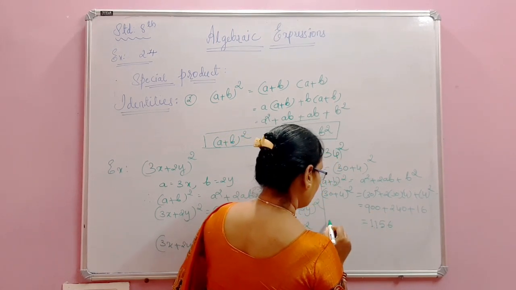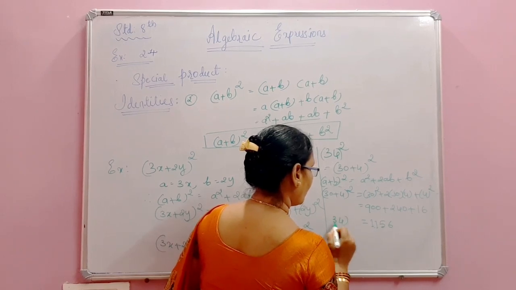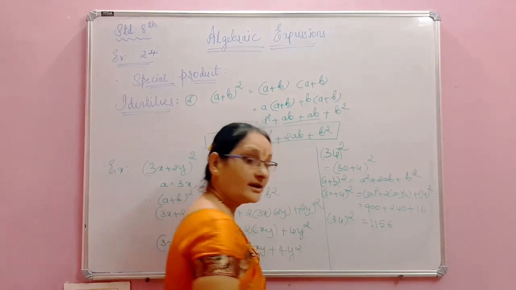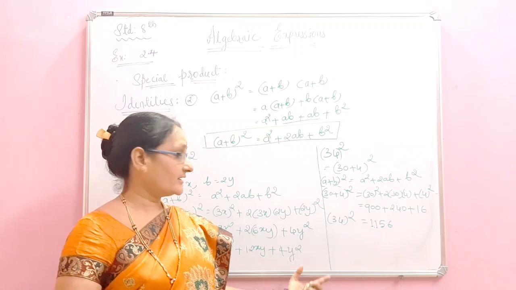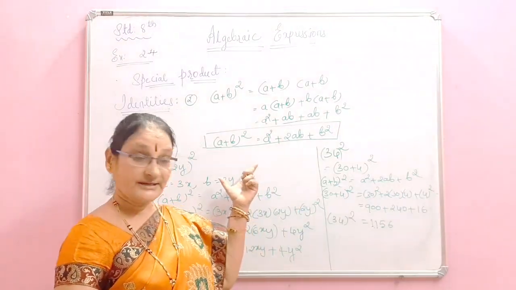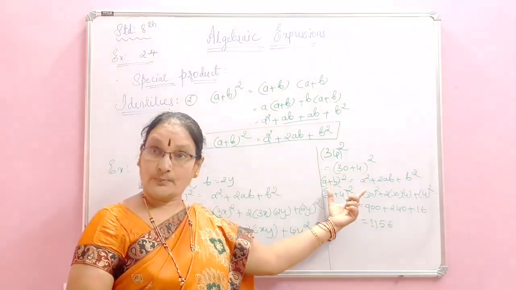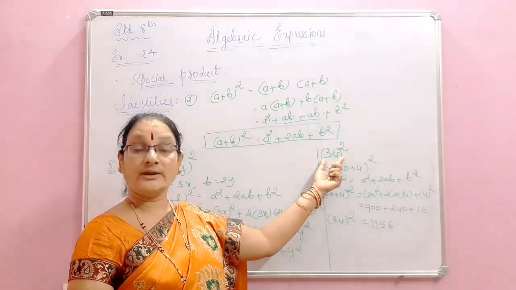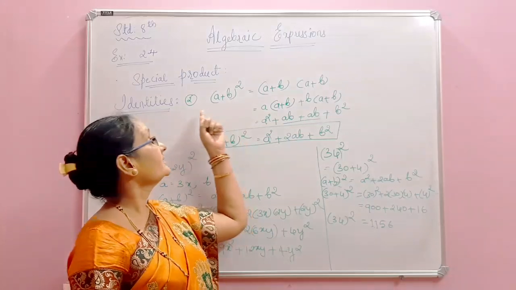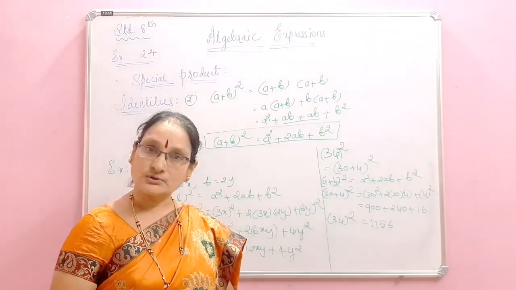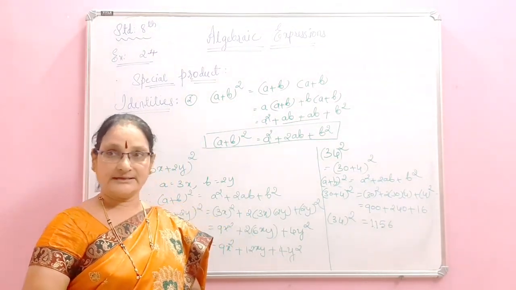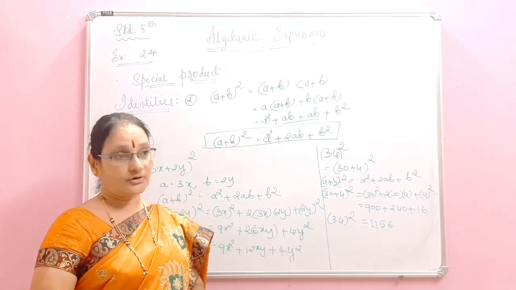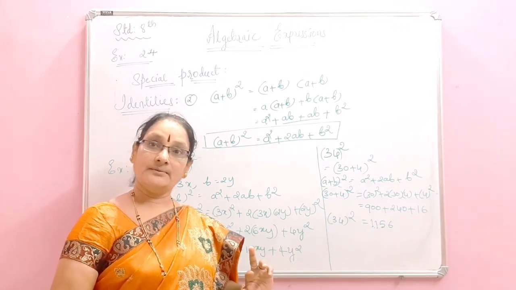Okay, correct. Therefore, 34² is equal to 1156. Like this we are using the identities even to find the product of the given numbers. Now just I have found out the square of 34 using the identity (a + b)². This is the second identity. Now third and fourth also I am doing now in part 2.